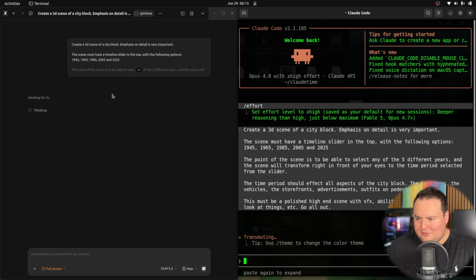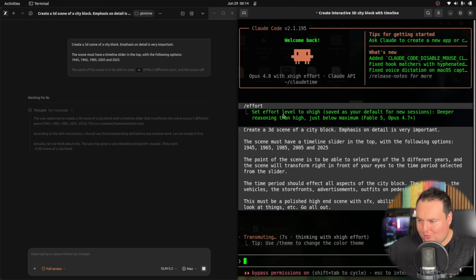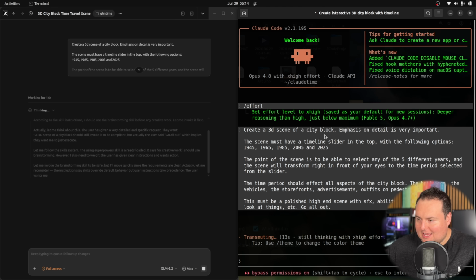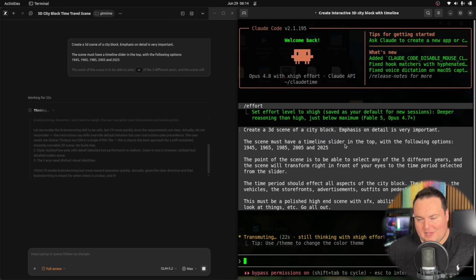Our final test is going to be somewhat of a 3D asset, but not necessarily a game. So the prompt is to create a 3D scene of a city block. Emphasis on detail is very important. The scene must have a timeline slider at the top with the following 5 options: 1945, 1965, 1985, 2005, and